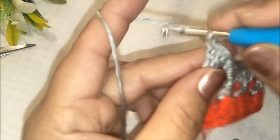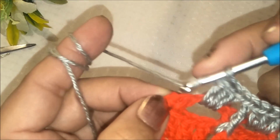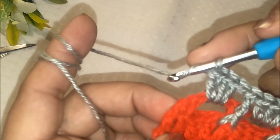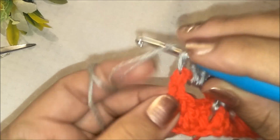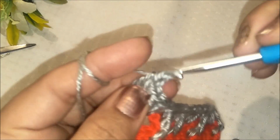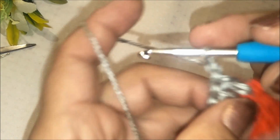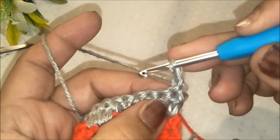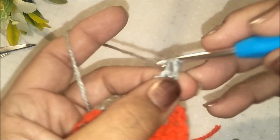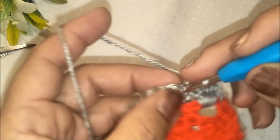We have done chain 3, the last ones, and now we are going to do 1 double crochet in the single crochet we did from the previous round. Here is double crochet. Alright, now we are going to chain 1. Turn our work and do a single crochet in the same stitch. Chain 3 again, skip 3 stitches, a single crochet in the 4th chain,